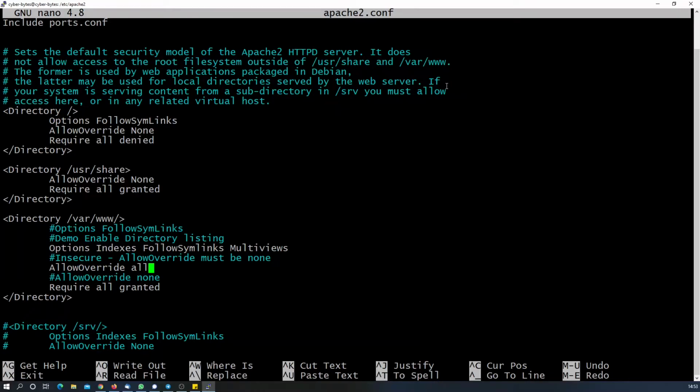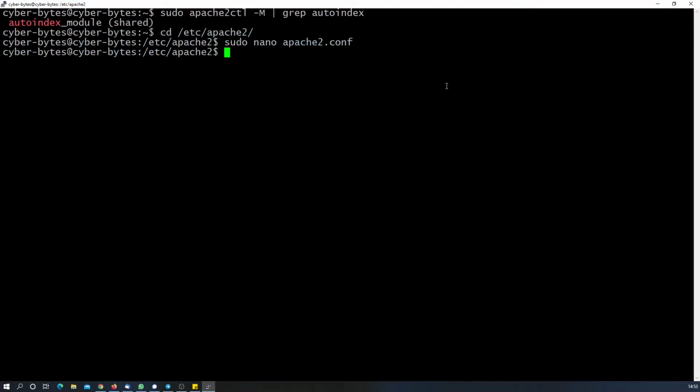Now this is actually a very insecure configuration. So you can disable it to the standard configuration, that is AllowOverride set to None. Let us see how it actually works, and then we will be looking at the difference here. Basically, we will be just commenting this out and putting this only, and we will be writing the configuration, and we will be restarting. Okay, so our instance has restarted.